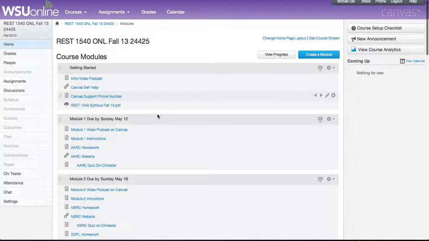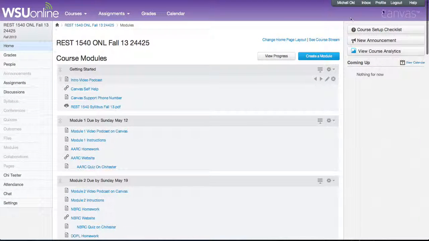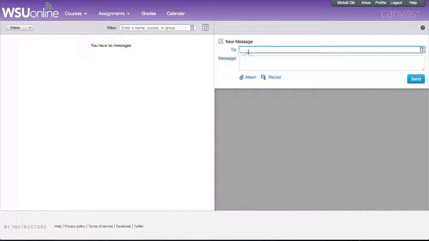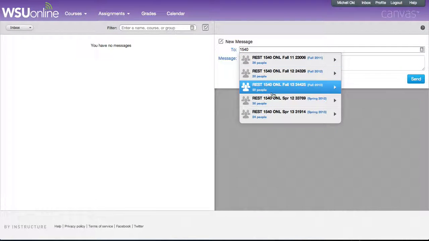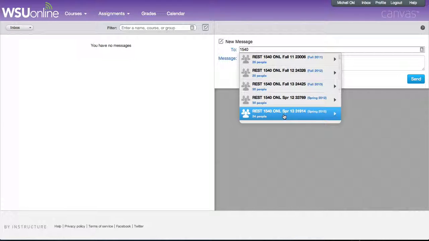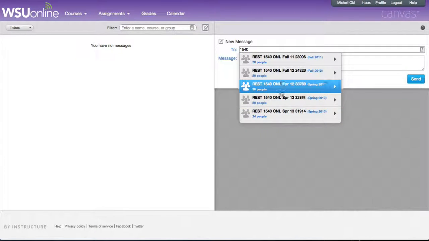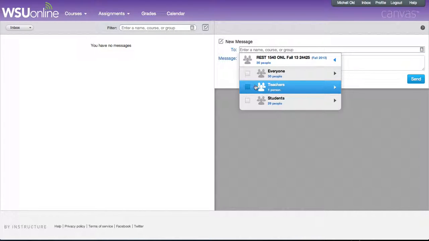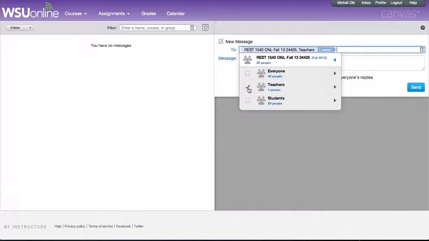Okay, once you're in Canvas, it looks like this. There's an email system right there, and you just click the inbox and it looks like this, conversations. And if you wanted to email me, all you have to do is put in my name. Oops, if I can spell it, and my name comes up, so you can click on it and email me that way, or you can just put in the number of your class. The whole class should come up, and I've taught this class before, so my old classes are there. Let's see, we're fall 13 right there, and you can see all the students are in there, plus you can just click on me